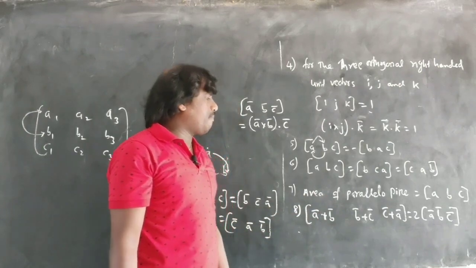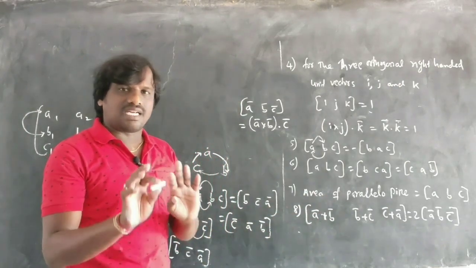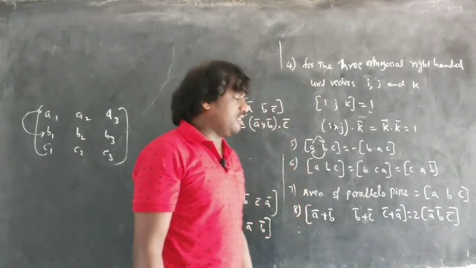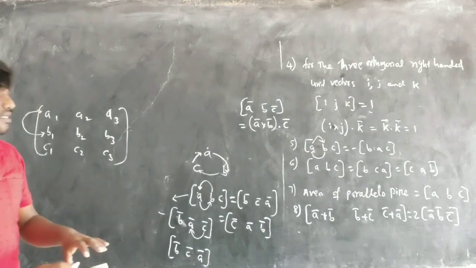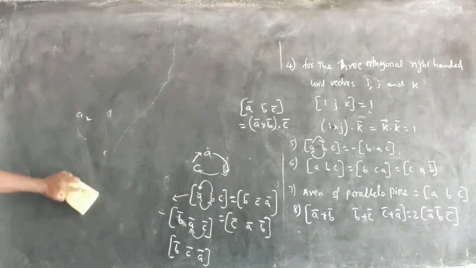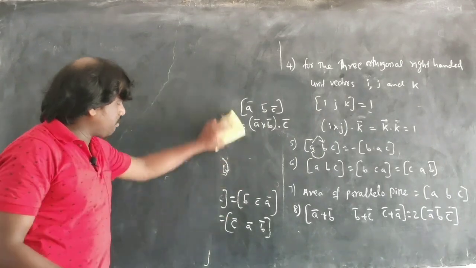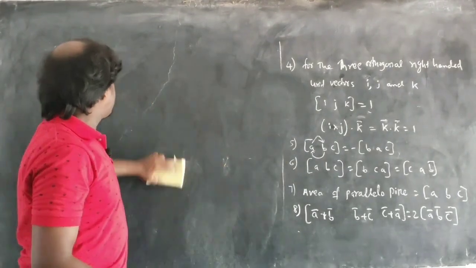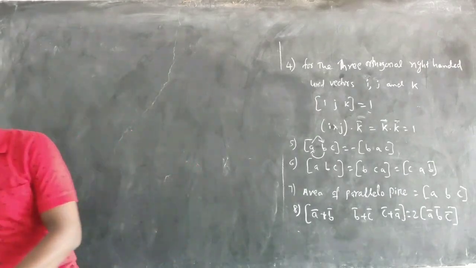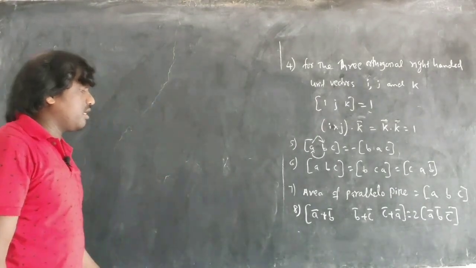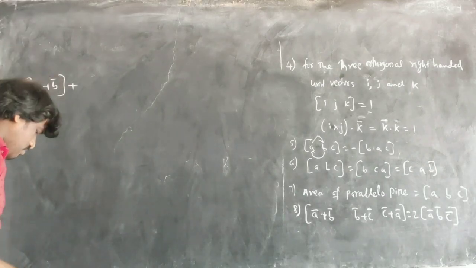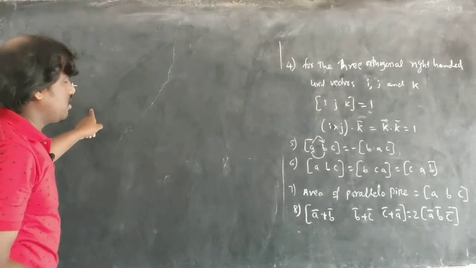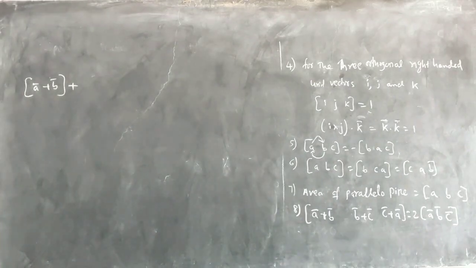And the volume of the parallelepiped, I already explained to you, that is the box ABC. And another one, this is the 8th one, most important. This can be asked many times, for a 1 mark question in CBSE as well as some boards, and this is important for JEE also. Okay, so what is there? A vector plus B vector. I am just explaining the 8th point.